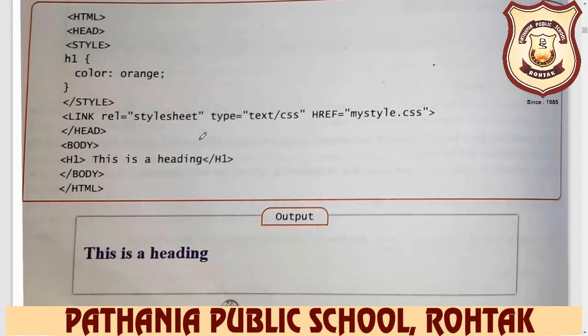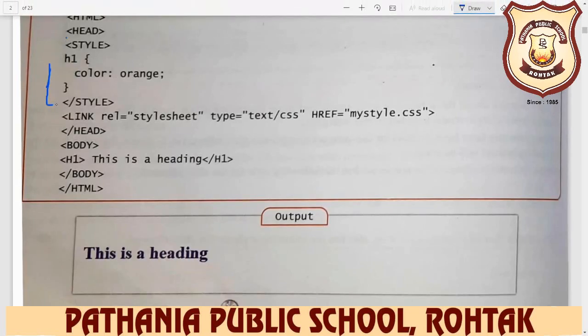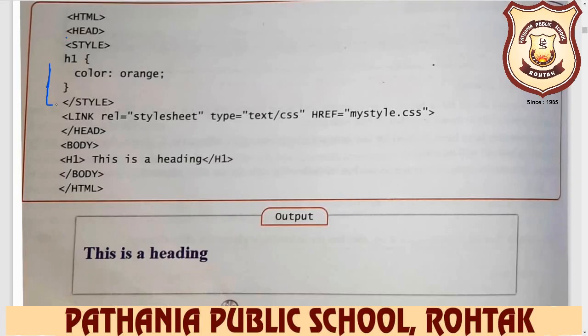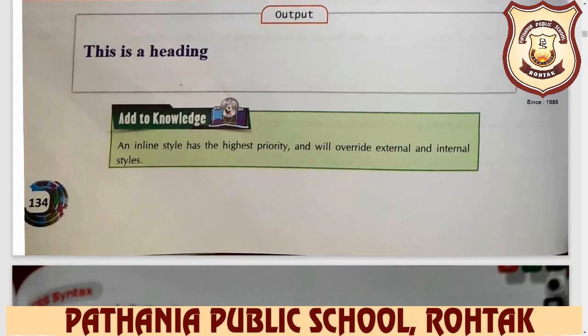Another example: in HTML head, here we define the embedded style sheet, and after that we define the external style sheet here. So our color is orange that time. So this is the multiple style sheet.